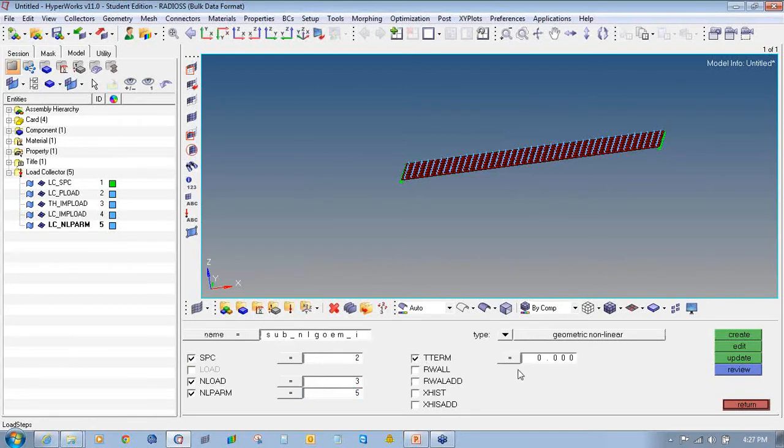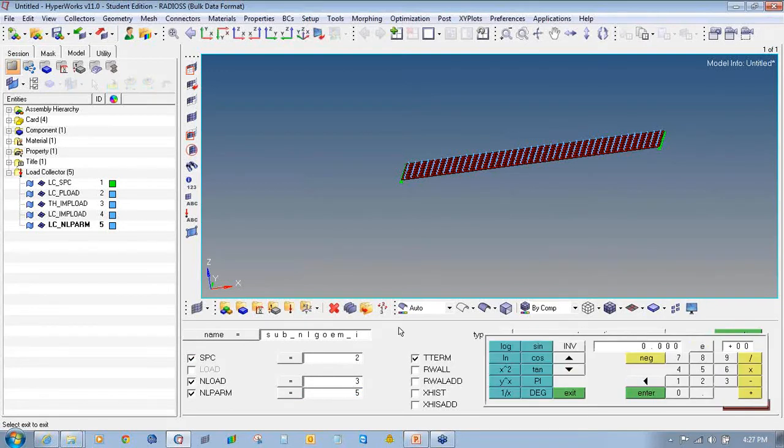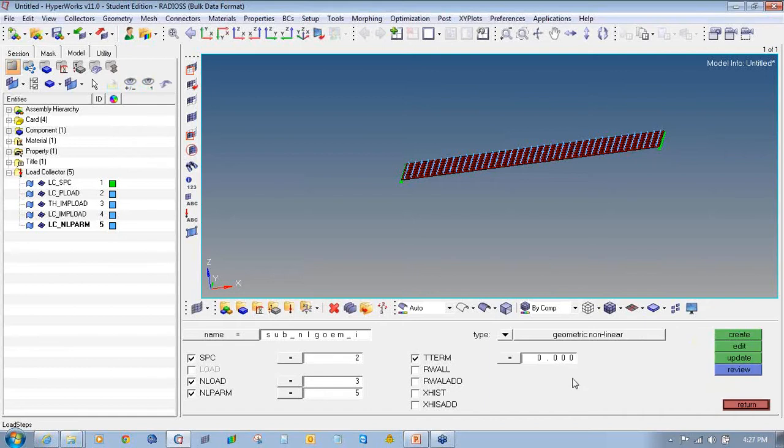Check the box in front of T TRM and enter the value as 1. Then click on create.